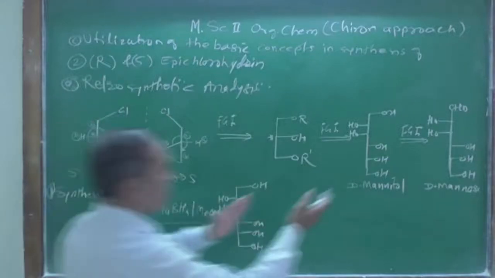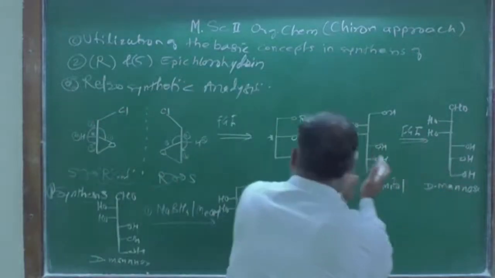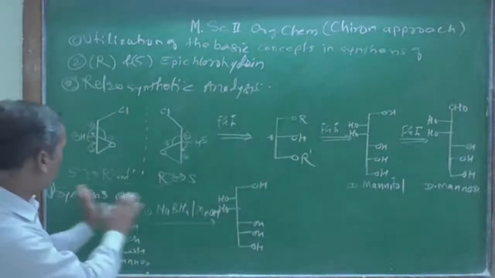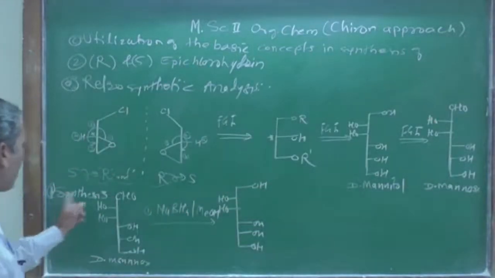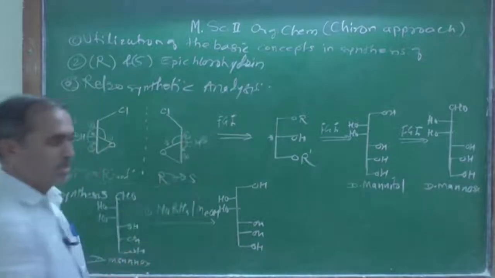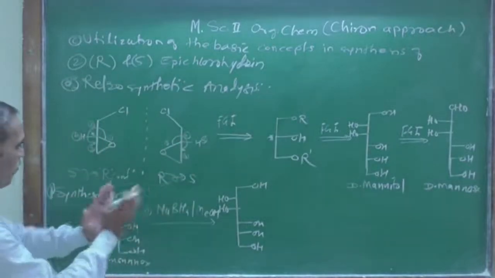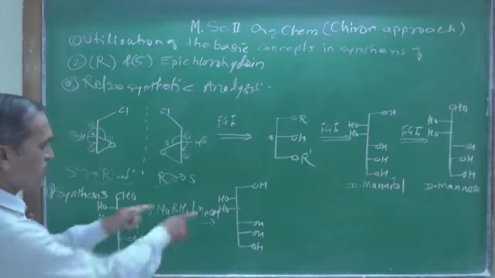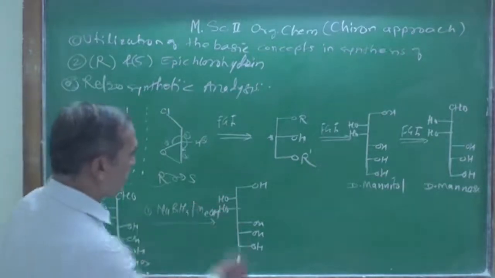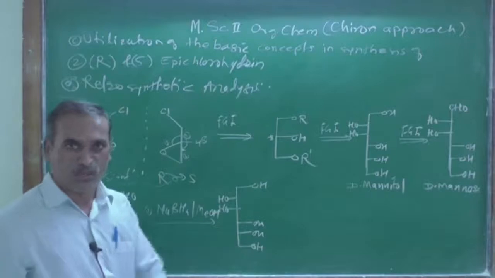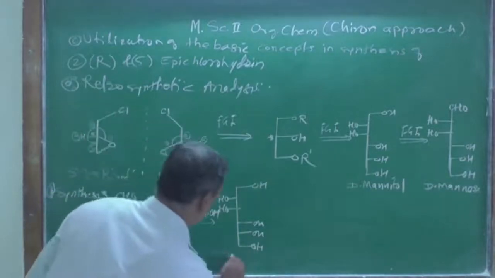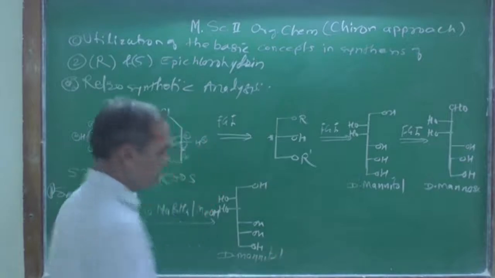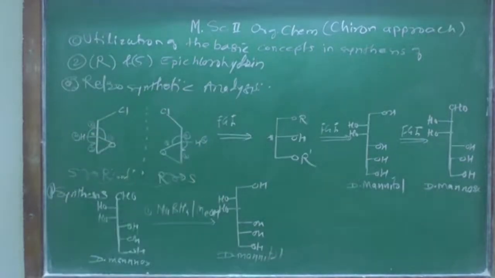Now for the synthesis, you start from this, prepare this and this finally. So that is the forward reaction, whereas the retrosynthesis is the reverse reaction. Synthesis starting from the D-mannose, we are getting this one, and the name of this compound, as we know, is D-mannitol, right? This is the D-mannitol we are getting over here.